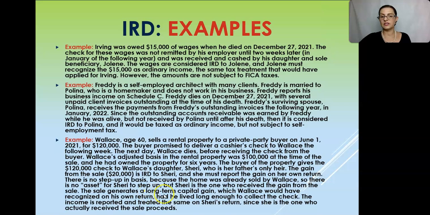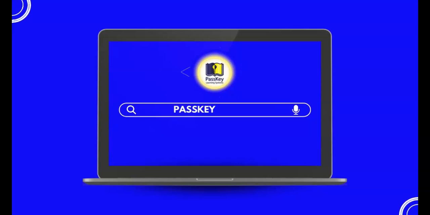The sale generates a long-term capital gain, which Wallace would have recognized on his own return had he lived long enough to collect the check. The income is reported and treated the same way on Sherry's return since she is the one who actually received the sale proceeds. This is an extended series continued in the